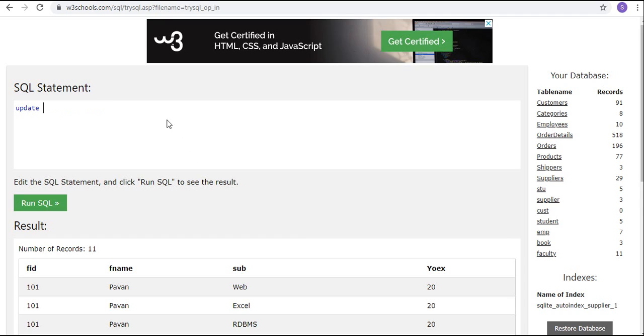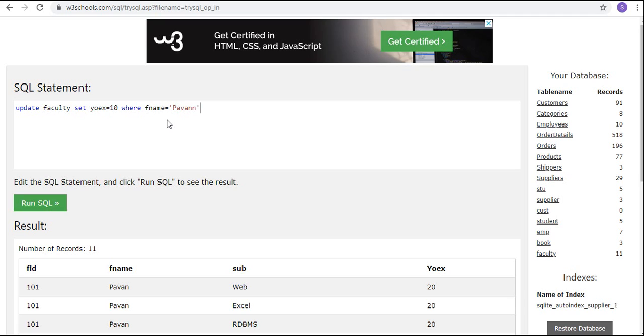Update table name set yoex equal to 10 where fname equal to Pavan.